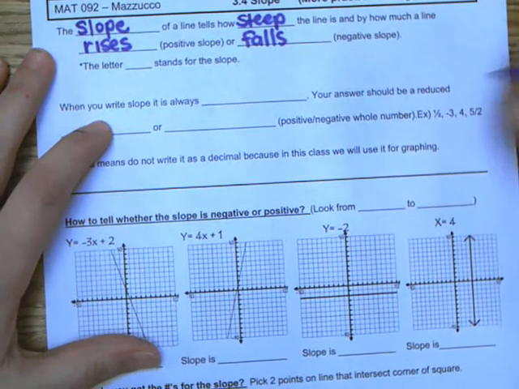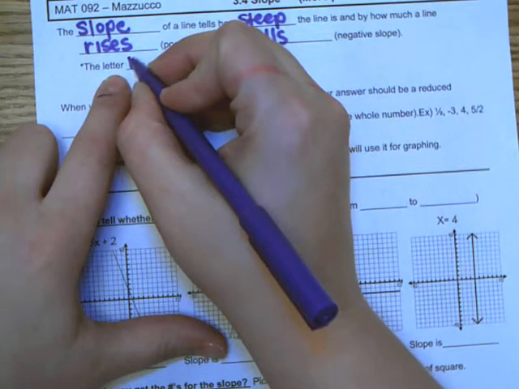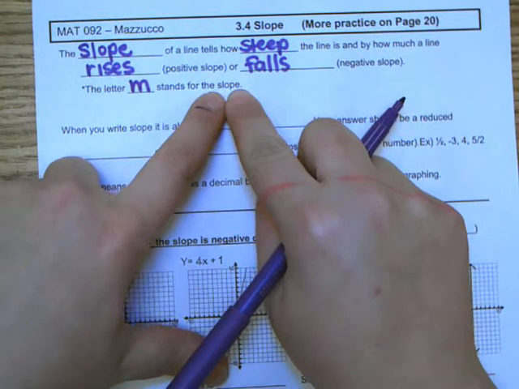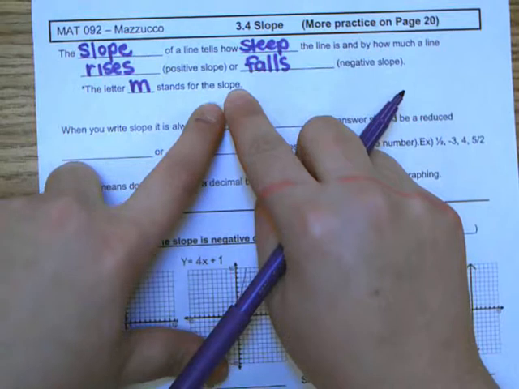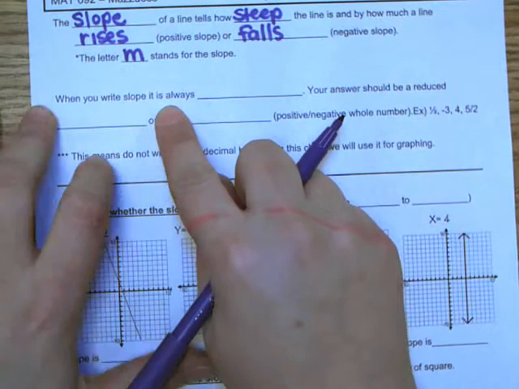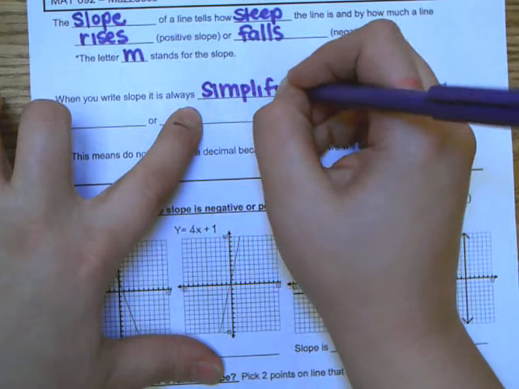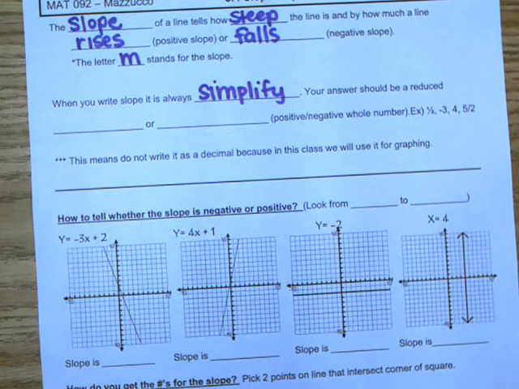When we represent slope, and we'll talk about how to find the slopes of those ramps, the letter m will be used to represent the word slope. So the letter m is the variable for slope. When you write slope, you will always simplify your answer. And your answer will always be, for this chapter,